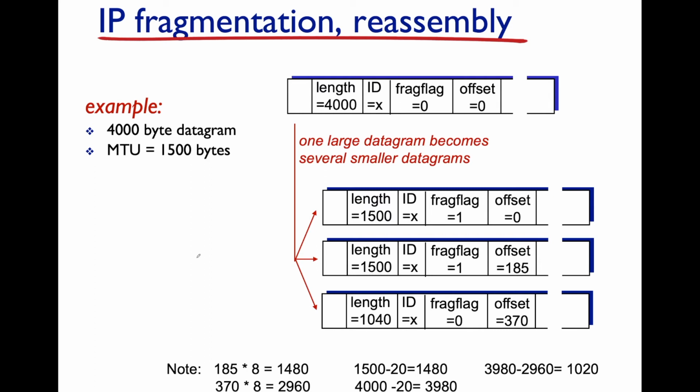It's 1040 because if we have the original 4,000 and you have 1,500, 1,500, that's going to be 3,000, but then we also have the header information that you need to account for. And so in the first fragment, you have a length of 1,500. You have an identifier of X,